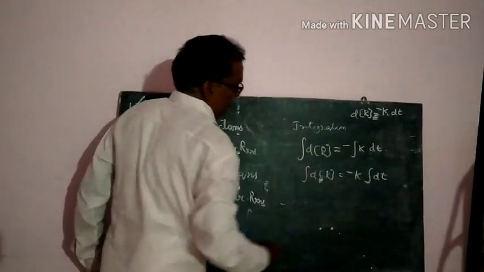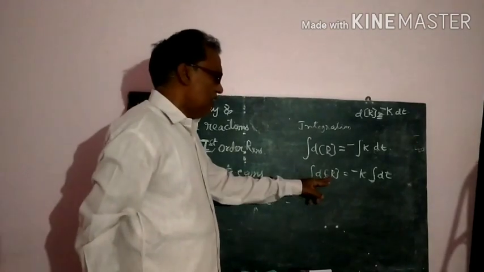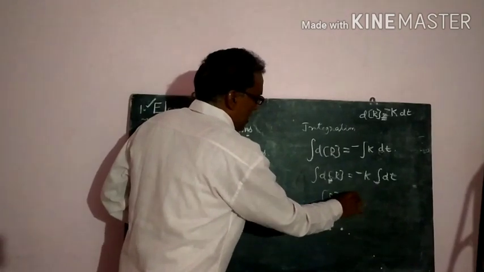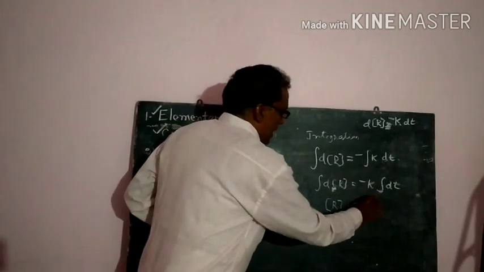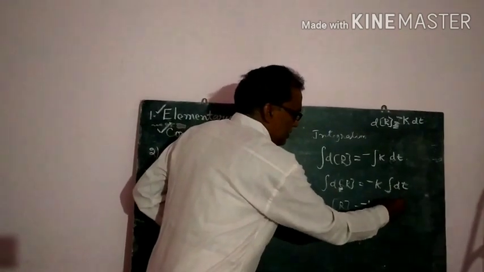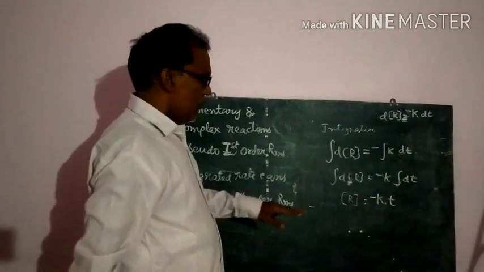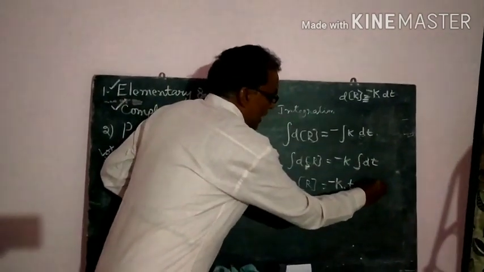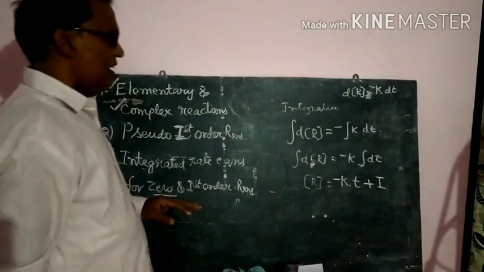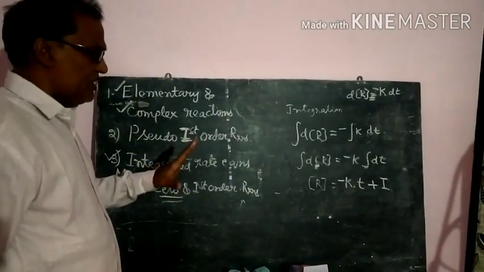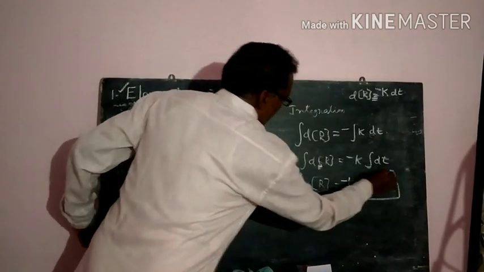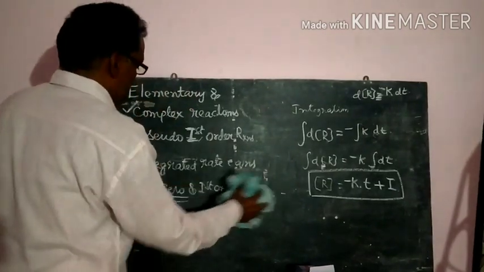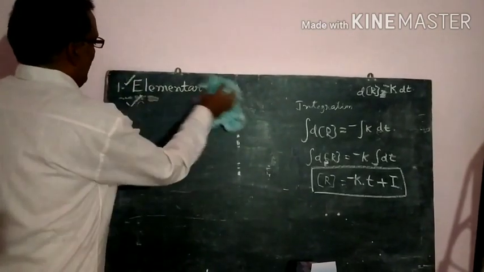of dt. Now, already we know that the integration of the change in concentration is nothing but the concentration of the reactants only, R value only, is equal to minus K into, what is the dt, is equal to t only. So, the form we are getting is this one. When we are doing the integration, a constant is to be added, that is I, the integrated constant value, the constant of the integration.